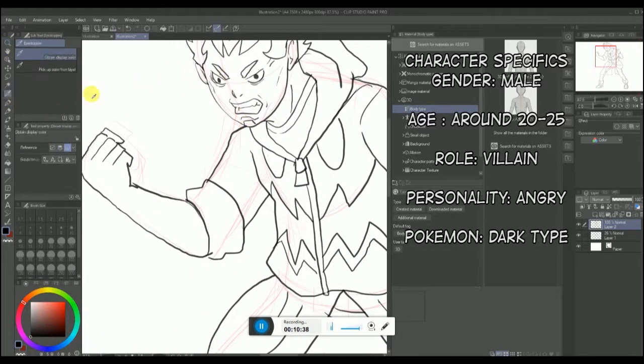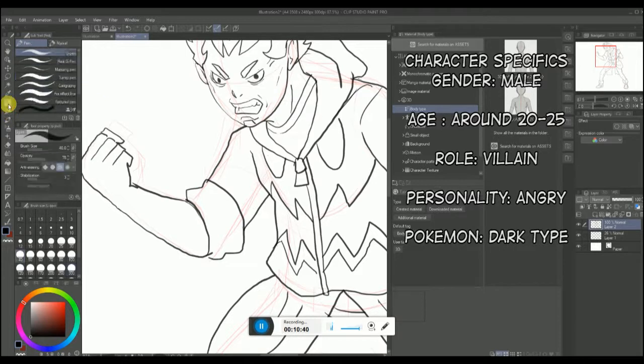And if we want to make him more symbolic, I'm going to give him these dark shades.